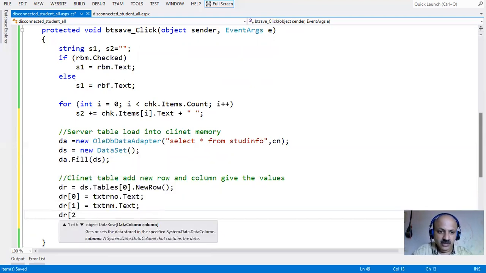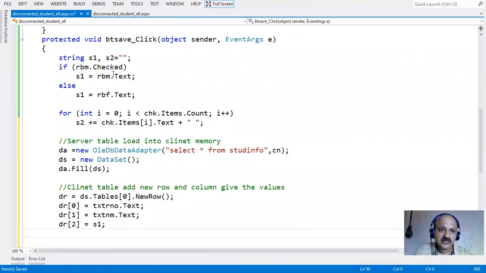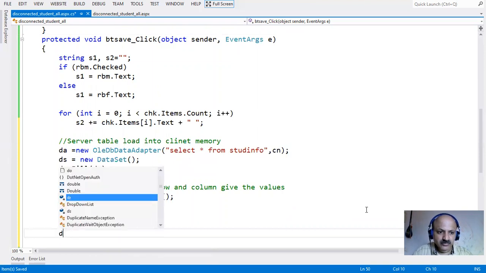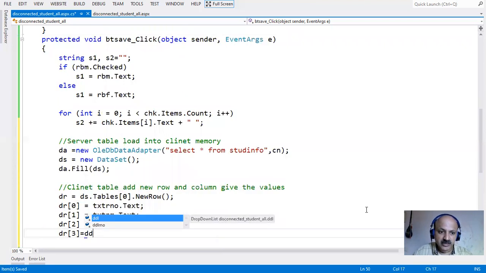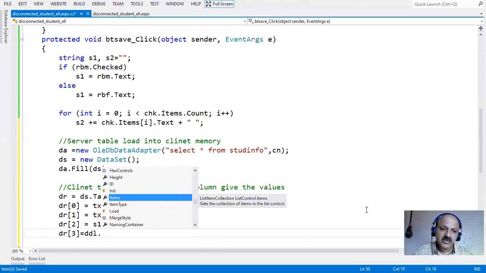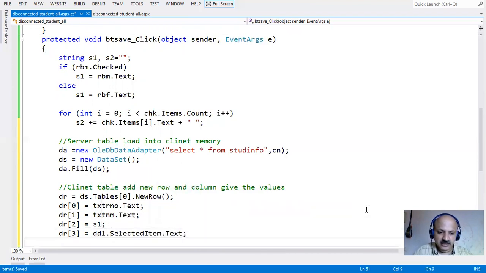So then the third field, and that is S1 gender. We have already taken S1 here. Yes. And now that is the fourth field, that is department. That department in employee, here I used in my previous video lecture, is an employee use, so that word department is not standard. So here we can take the selected items or text. Yes, and the last is hobbies. So that is a checkbox we can take in S2.